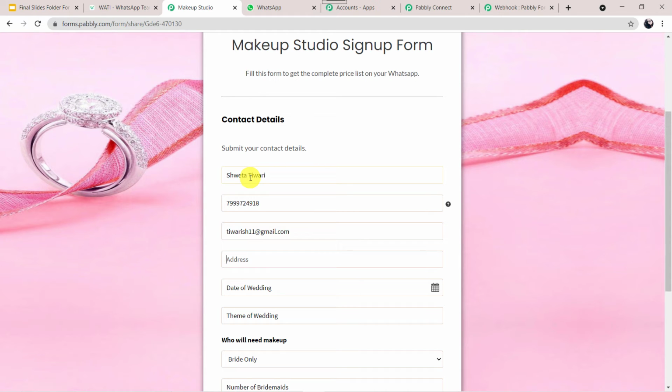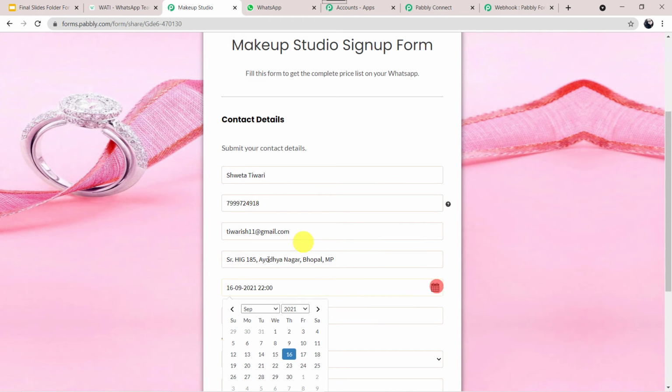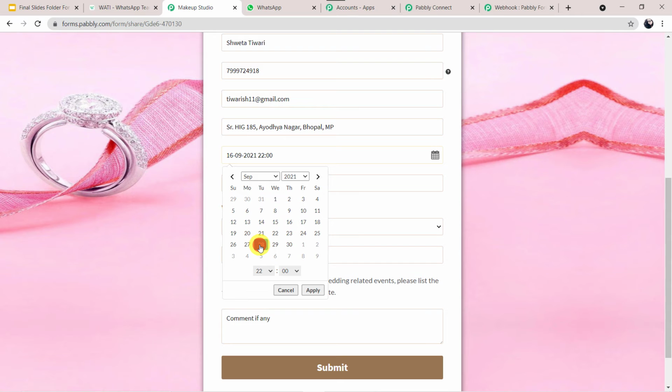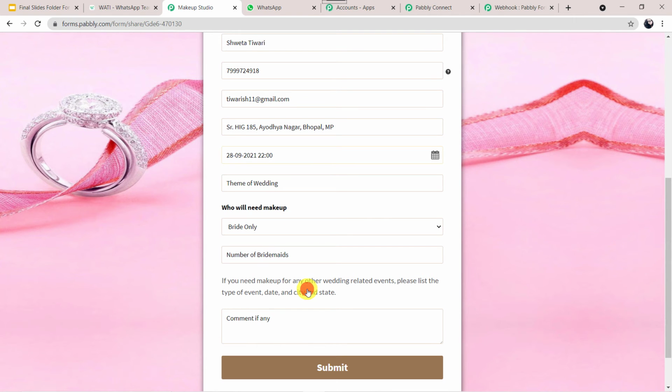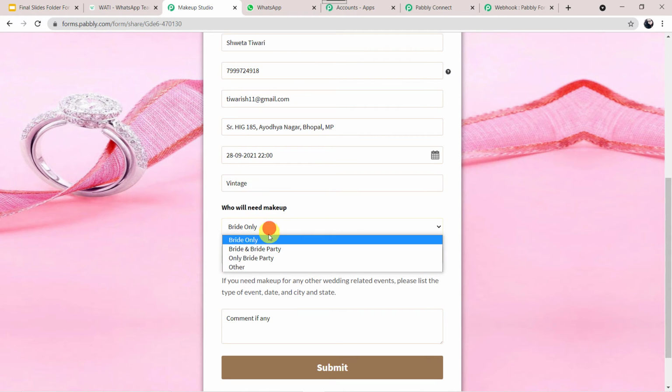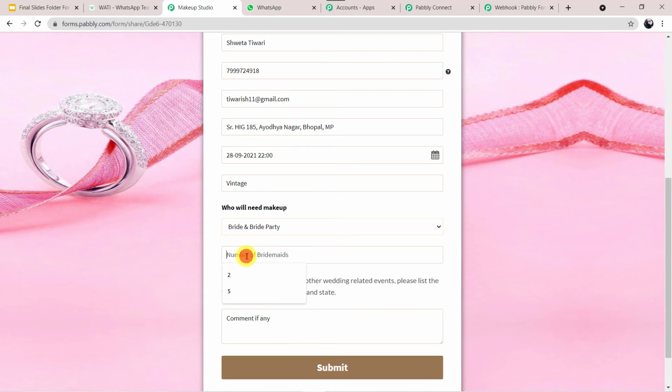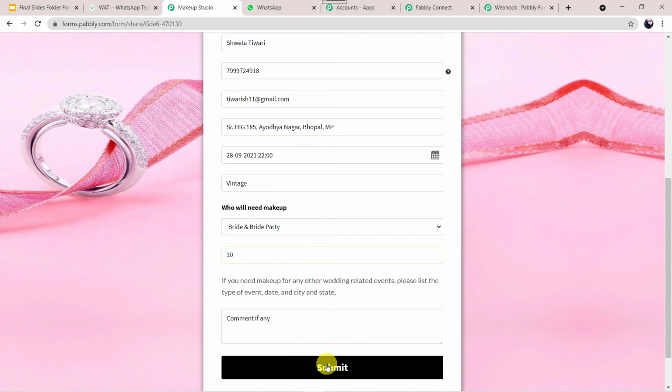Address as Senior HIG 185, Ayodhya Nagar, Bhopal MP, and let us select the date of the wedding. It should be 28th of September, and the theme of the wedding, let us give it as vintage. And who will need makeup? Bride and bride party, and the total number would be 10, and let us click on submit.